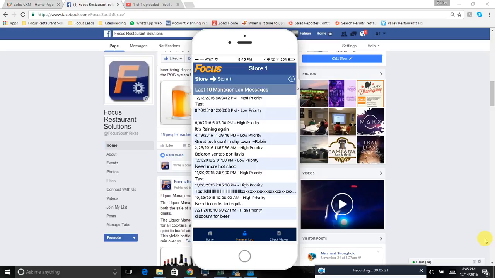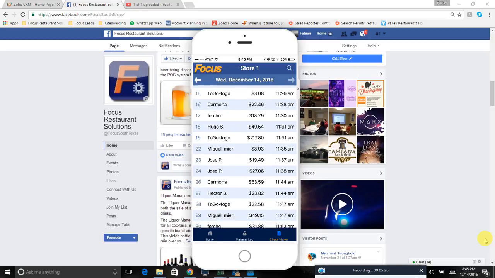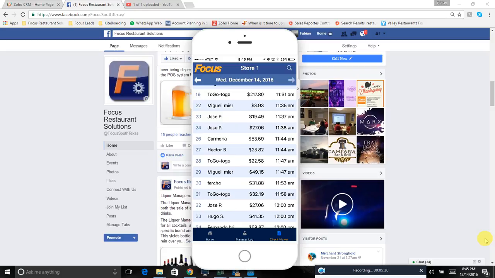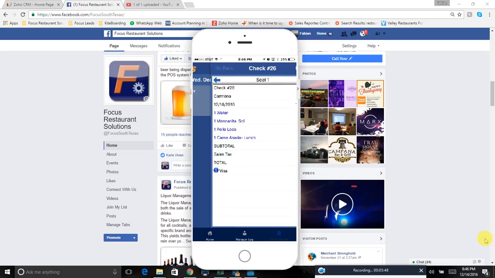We also have our check viewer, where we can see all the checks that are being rung up throughout the day, and we can drill down to the check. Let's click on check 26, and we have what was rung up on check 26. If we want to see more details, what time it was rung up, the items that were rung up, and the method of payment, we can see that also. We can click on go back,